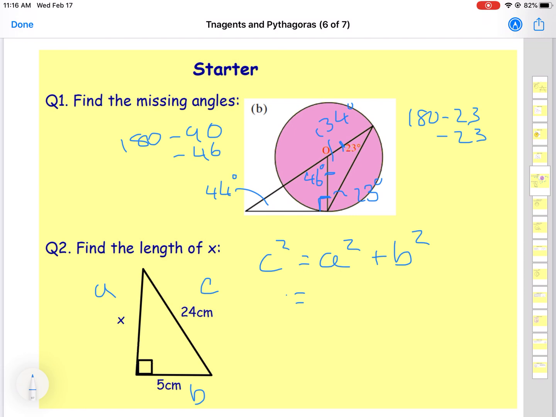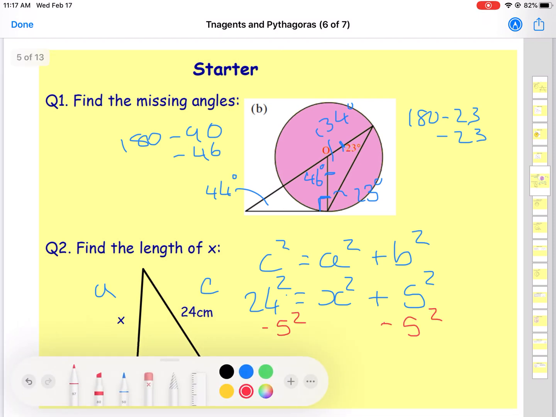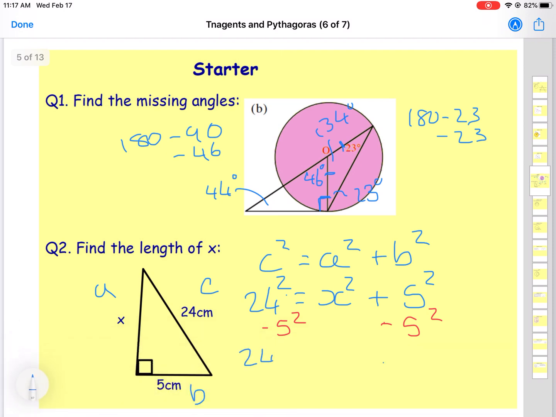Now, C squared here is 24 squared. A we don't know, so we could say that's x squared, and then B squared has to be 5 squared. I would like to try and get x squared on its own, so I'm going to take away 5 squared from both sides. That will give me 24 squared, take away 5 squared equals x squared. So x squared then is equal to whatever that calculation brings out, 24 squared, take 5 squared, pop that in the calculator,